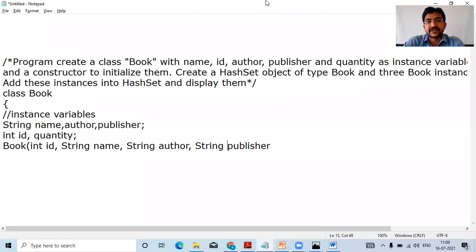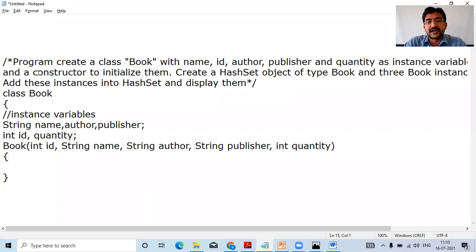So how many variables are there here? 5 variables. That is name, author, publisher, 3 are string, and one more is ID, and one more is quantity, right?